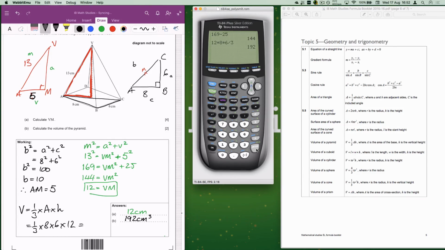So this is just basically an application of Pythagoras Theorem twice. So we worked out the black triangle first to give me AC. From there, we halved that to give me the length AM, which is on the red triangle. We used the 2 lengths there and worked out the missing side to give 12 to be the height. Then from the height, we used the formula for the volume of a pyramid to calculate the volume, which was 192 cubic centimeters. And that's question